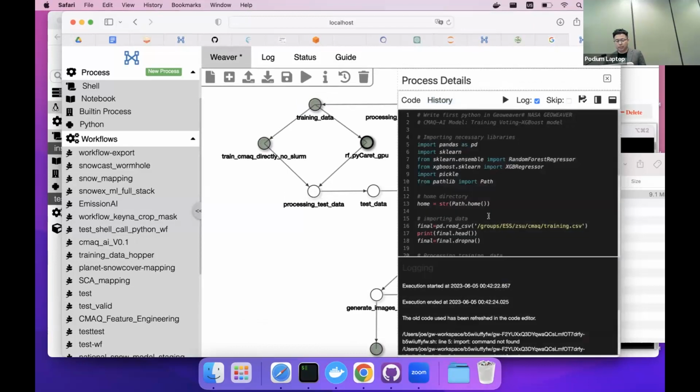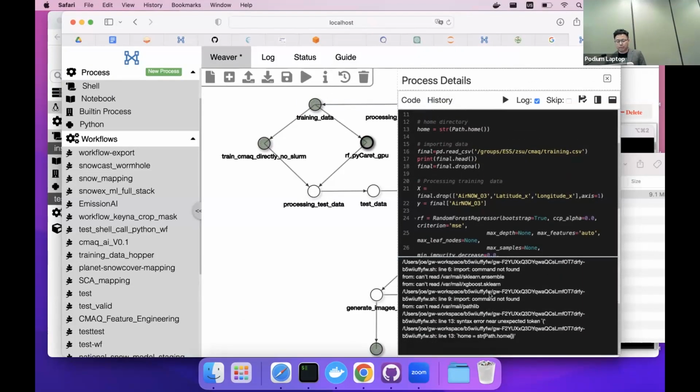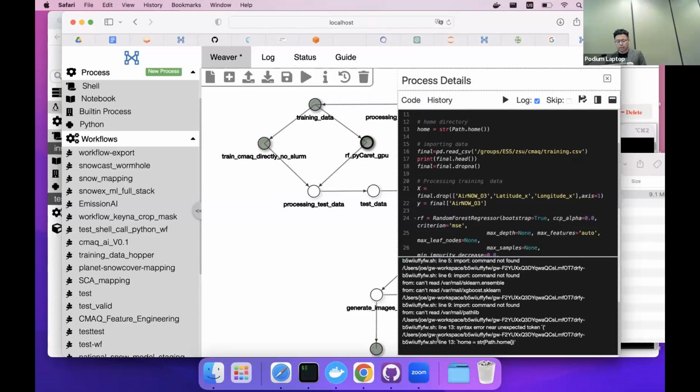If you click details, you can understand that this code will generate an error like this. It says something like 913, something wrong with this code. So it's a learning opportunity for you to not repeat the errors the previous person did. And this is also a way to better communicate knowledge between two teams, or between team members within the same team. At GMU, we have benefited from this software a lot.